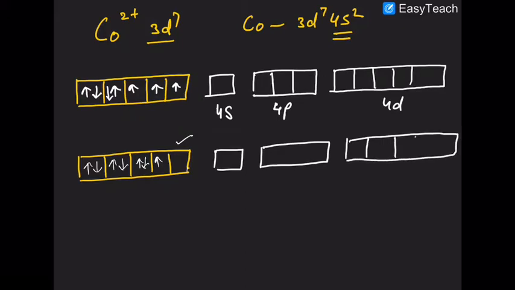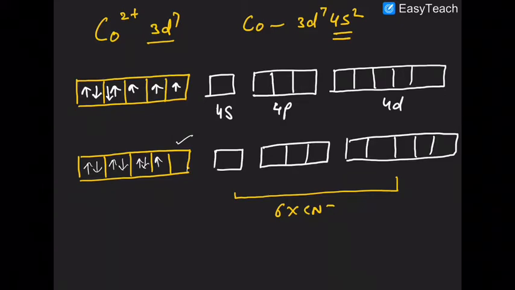That 4s and 4p are available here. So 1, 2, 3, 4. What will happen in this case? Now you have 6 CN here, and each CN will give a lone pair to s, p and 2d. So the configuration is sp3d2. Here the electrons go to the 4s, 4p and 4d orbitals. Are you getting that in your mind now? Sure.